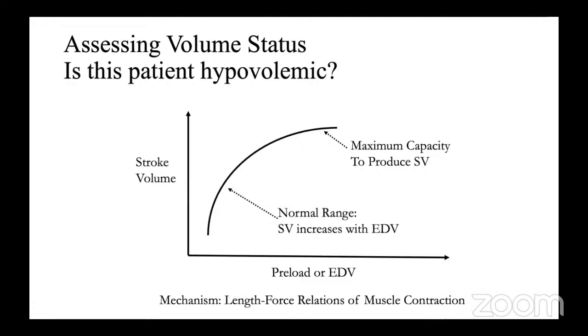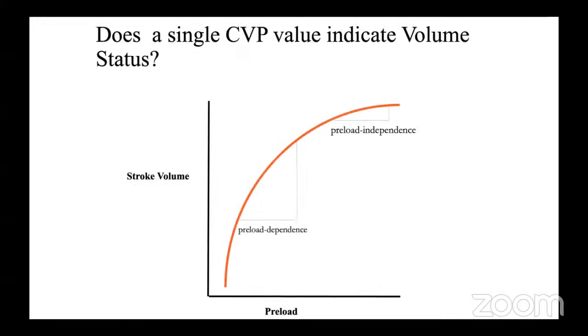Frank-Starling law states that within physiological range, with increasing amount of end-diastolic volume, the stroke volume will increase. So if you look at the curve again, you will find a steep portion of the curve where the patient is supposed to be on the preload dependent part of the curve, which essentially means that if you increase the CVP in this patient, then the stroke volume will increase, as compared to the plateau portion of the curve, where